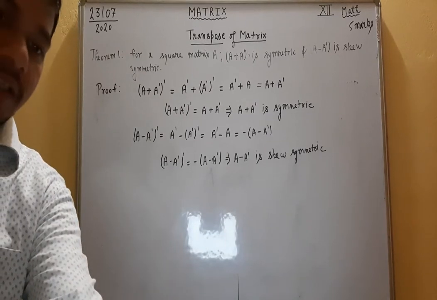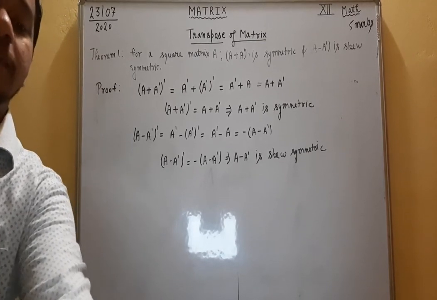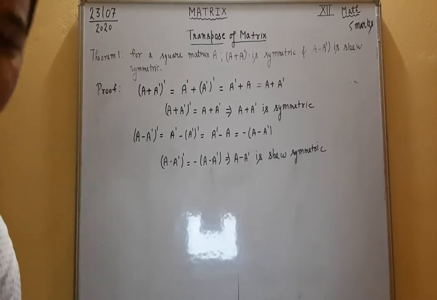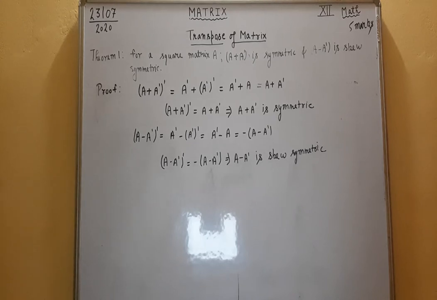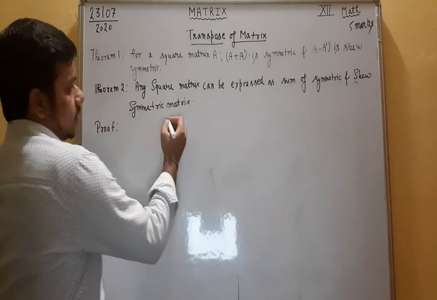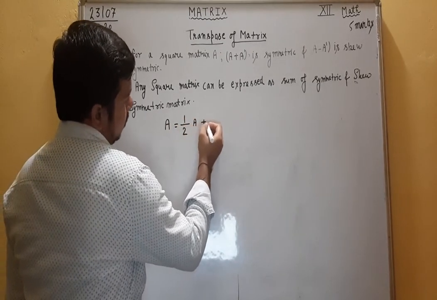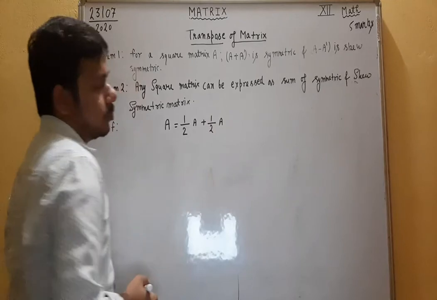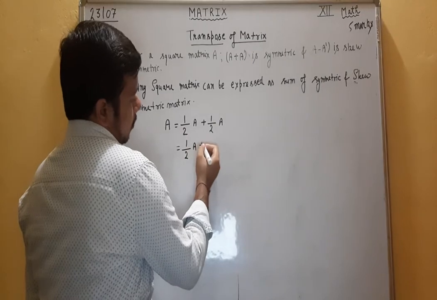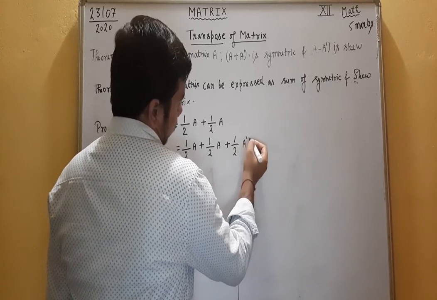On the basis of this result, there is another theorem. A square matrix A, any square matrix, can be expressed as the sum of a symmetric and skew symmetric matrix. Okay, let us see how we will prove the next theorem. To prove this theorem, let us take a square matrix A, right? We can rewrite it as half A plus half A. एक जो मैट्रिक्स थी उसको मैंने ब्रेक कर दिया बेटा, हाफ ऑफ A प्लस हाफ ऑफ A. नेक्स्ट स्टेप में क्या किया मैंने बेटा, हाफ ऑफ A ट्रांसपोज प्लस कर दिया और हाफ ऑफ A ट्रांसपोज को